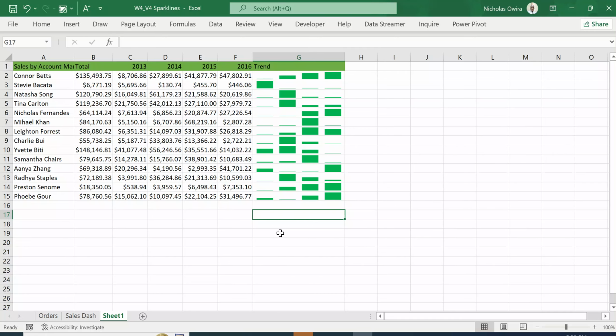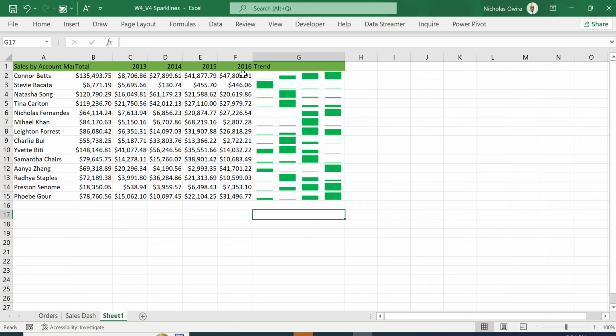Now, this is a step-by-step procedure on how to visualize data in Excel using Sparklines. Yes, we have data like this, and it is like a trend. There are some sort of trends in each and every row. For example, you can see we have a number of account managers from the first one up to the last one. And then there are different sales figures that they recorded for each and every year from 2013 down to